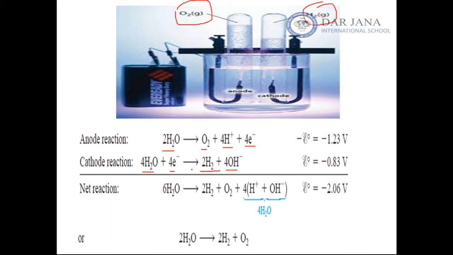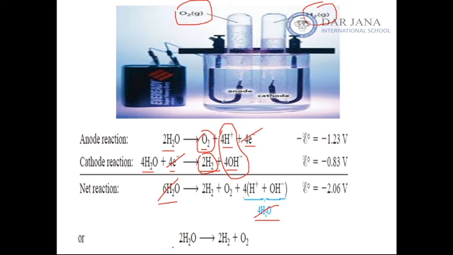The overall reaction: since we have 4 electrons here, these 4 electrons are crossed with these 4 electrons. So if we add this to this, we have 6H2O on the reactants, and we have oxygen, 2H2 hydrogen gas, 4H plus and 4OH minus. Both together they combine to form 4H2O. Then we can cross out the 4H2O from the 6H2O here. Finally we can get